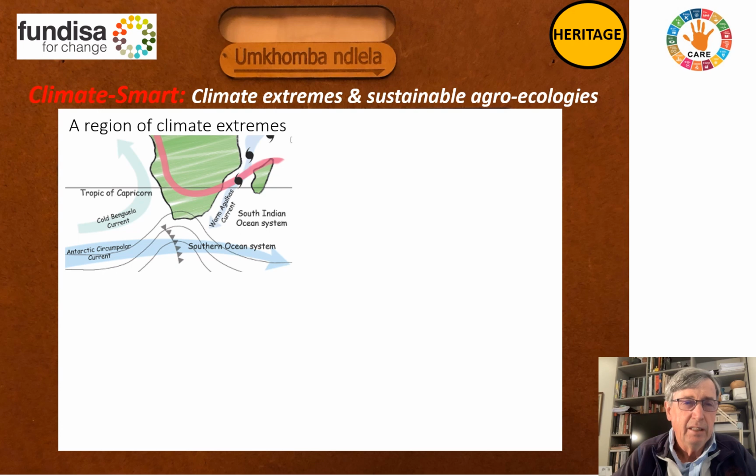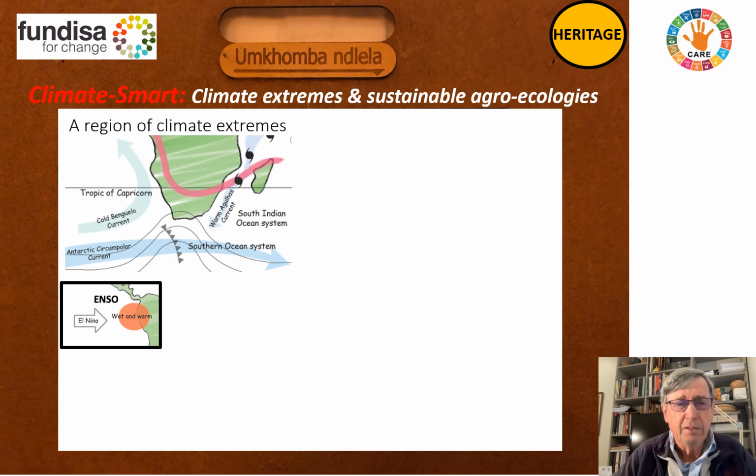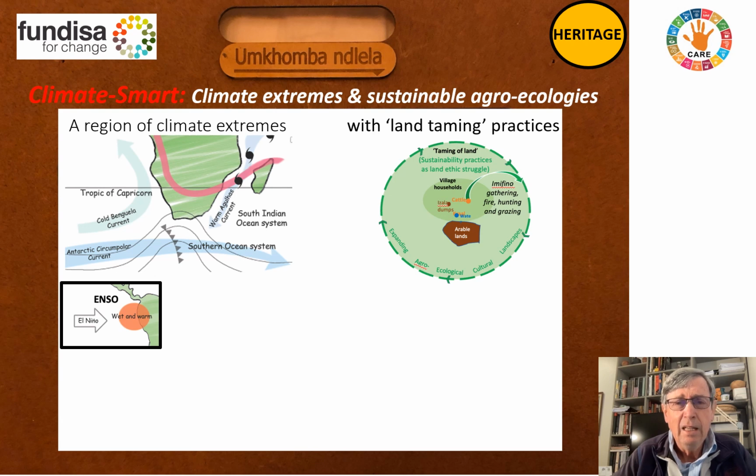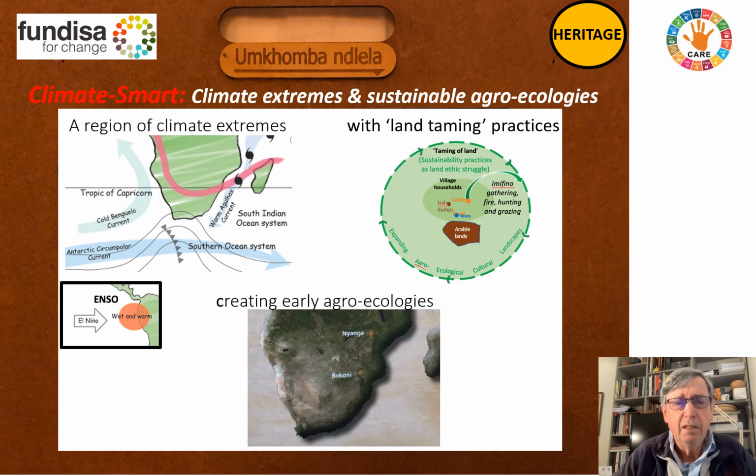The region is a region of climate extremes, and the El Niño Southern Oscillation is an episodic creator of droughts. And people adapted to this, and they were able to create and adapt their landscapes to survive over many hundreds